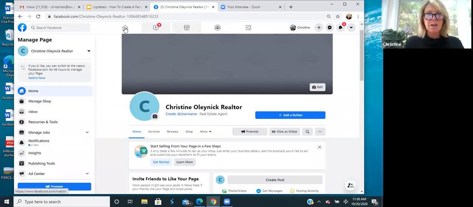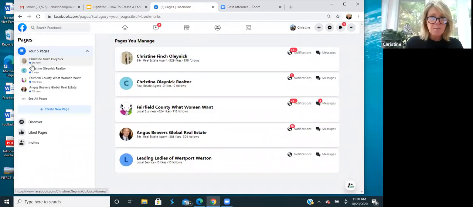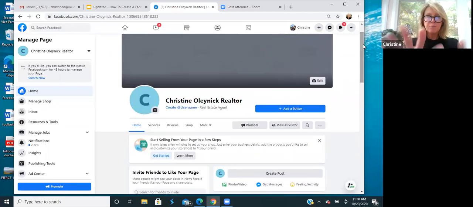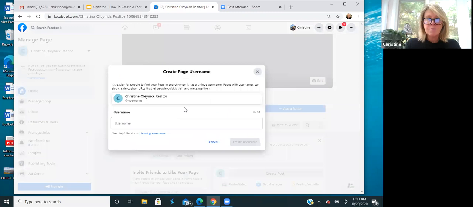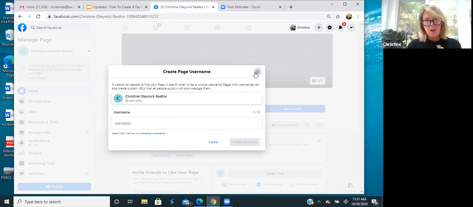Sorry, guys. I need to go back to my other page. Let me go to that page that I was working on. Oh God, I lost it. Okay, I'll go back to this one. So you'll see right here, this was just kind of a practice page, but you'll see right here it says create username. I'm going to click on that. I don't have that. Interesting. You must be on the other version, which I'm happy to do after we finish this version. But you'll see right here, username. So just put in anything you want.